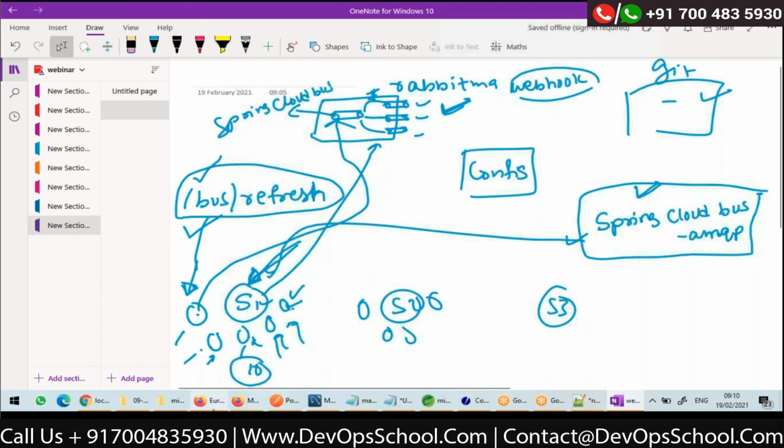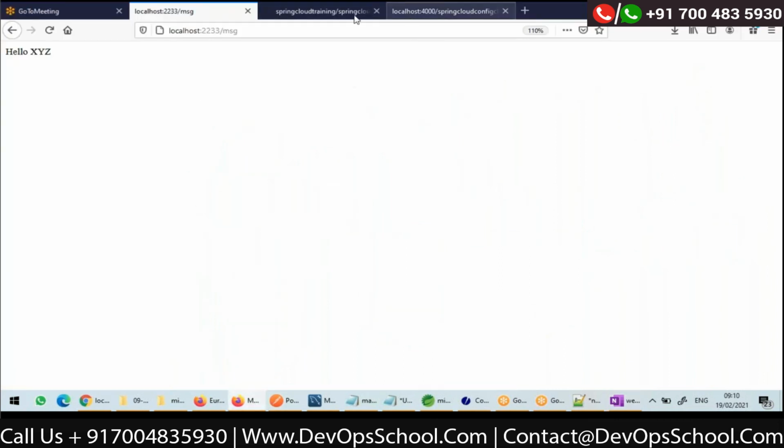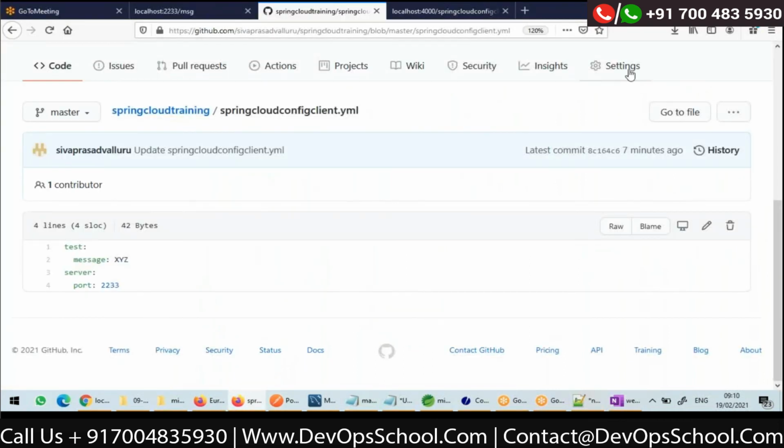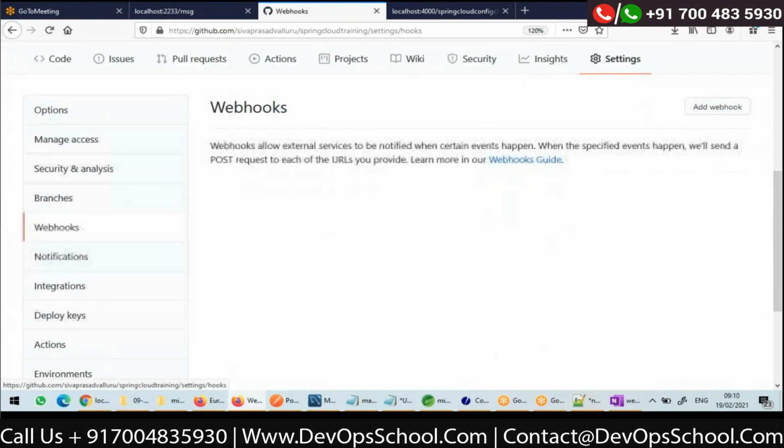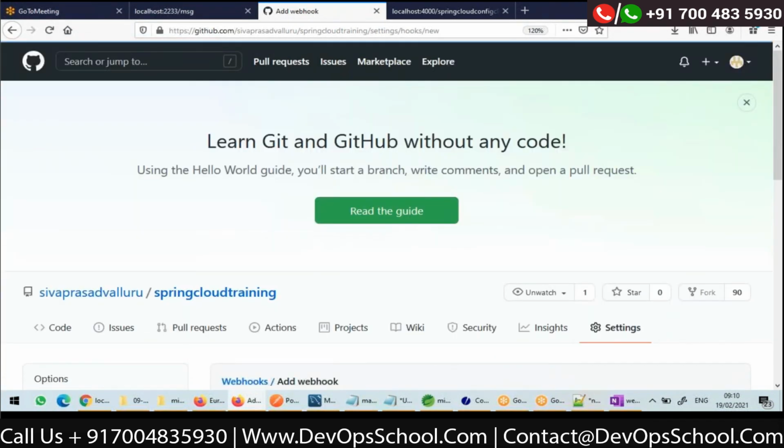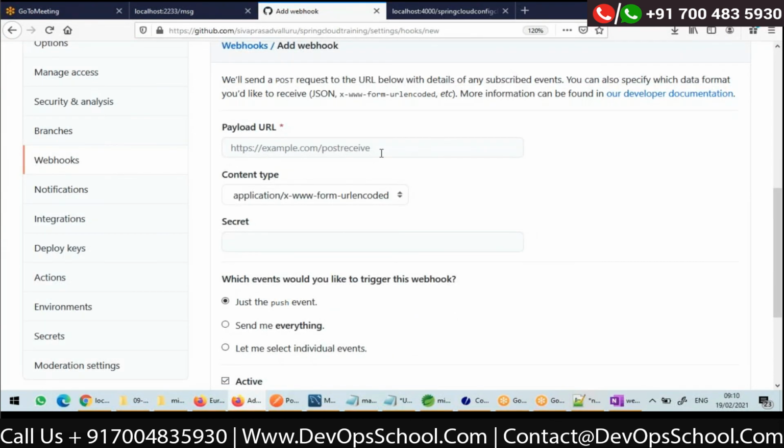So how to do that? Let me go to my Git repository. In the settings of my repository, here is the GitHub webhook, right? I need to add a webhook. So I need to give the URL to GitHub to hit.